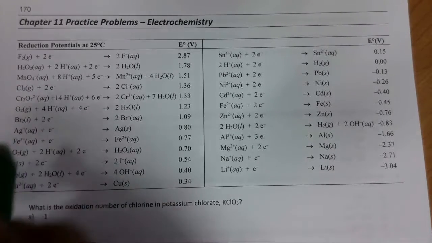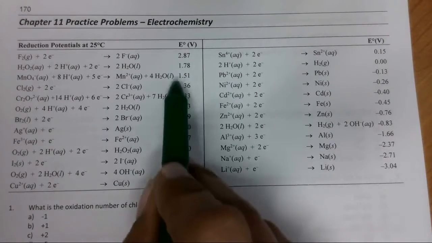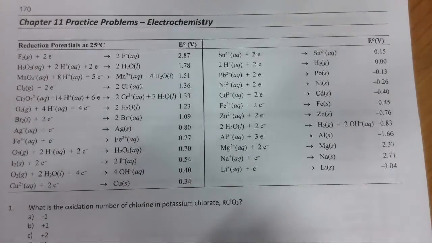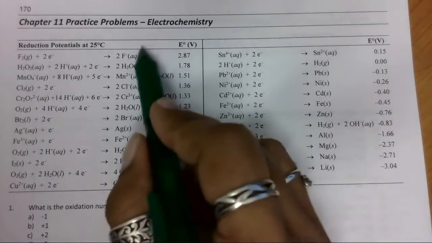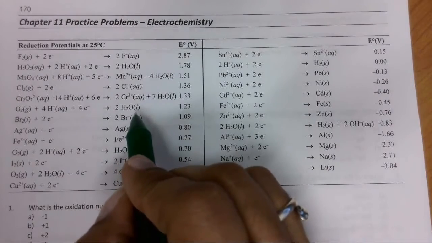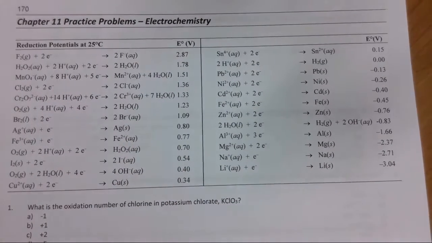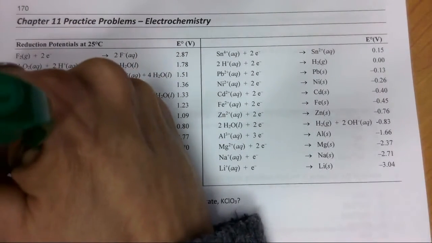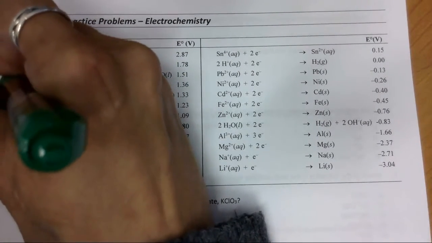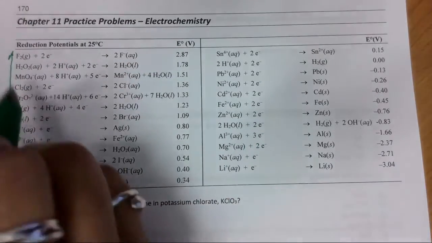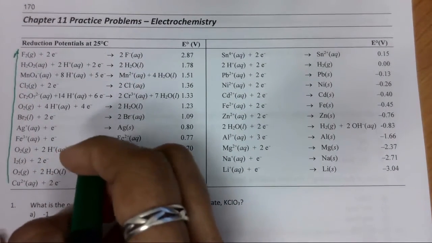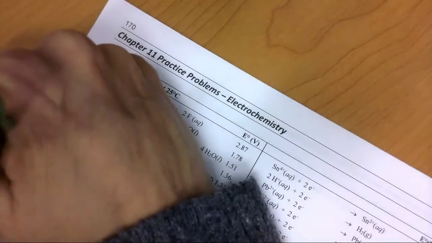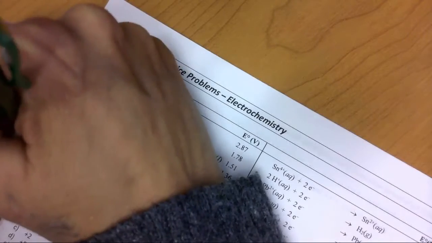One of the things we need to remember is that when we're looking at these reduction potentials, the more positive the reduction potential that we see here, that means the stronger the oxidizing agent. So how does this work? The thing you need to think about is that as I increase on the left side, everything on the left side of the arrow, this is an increase in the strength